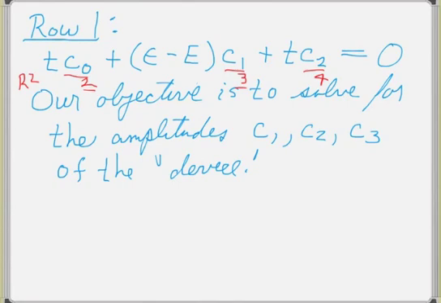So let's write the general form for this injected and reflected wave in the left lead in our tight binding representation. So we're going to just redo everything now in our tight binding representation. So this is the left